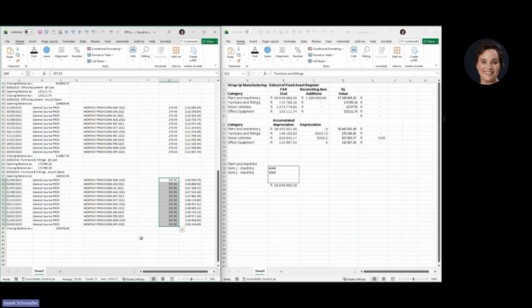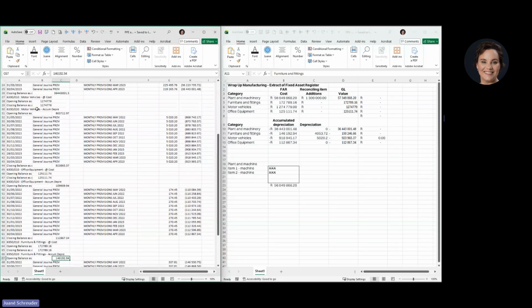That's exactly the difference. So what we will see is, again, the client recorded the depreciation this year, but they must have not updated the depreciation in the fixed asset register. So again, they forgot to go and complete the fixed asset register. I think I'm starting to see a trend here. Someone forgot to give us the final fixed asset register. The same would happen with motor vehicles as well. If we go and have a look at the motor vehicles, the depreciation does not agree.